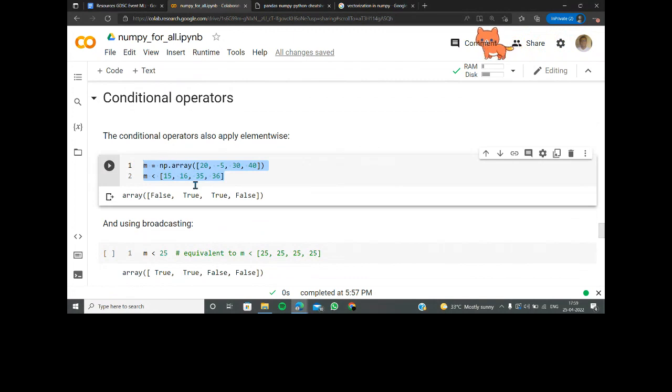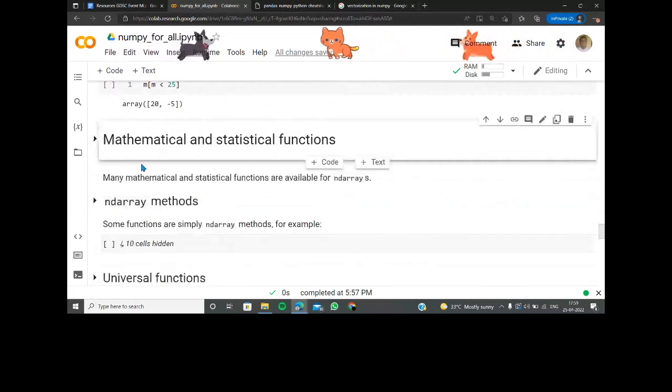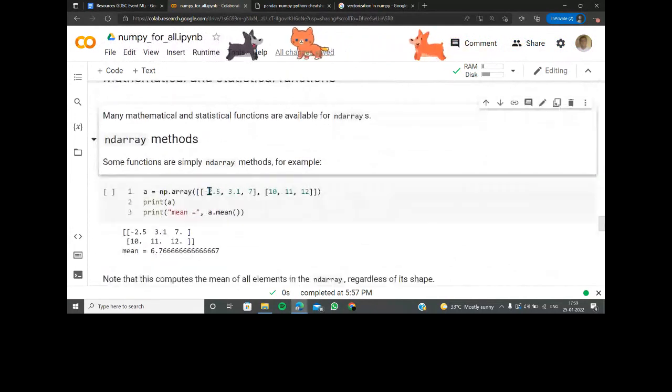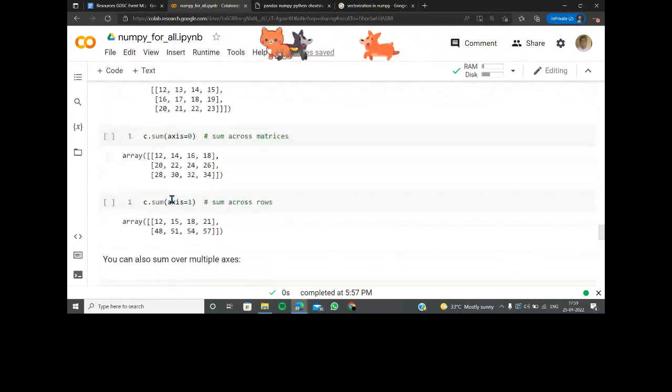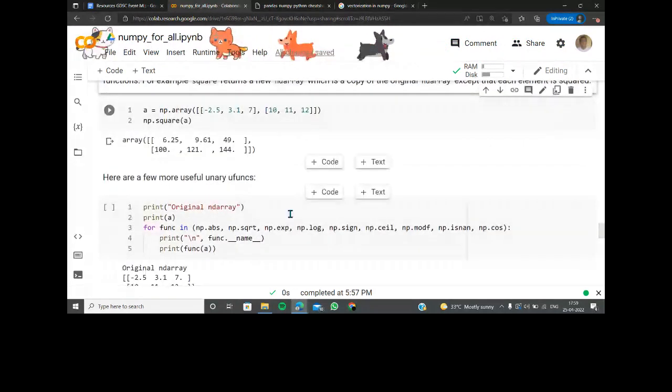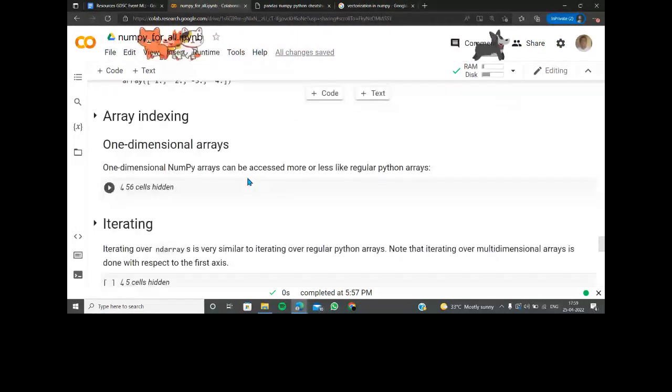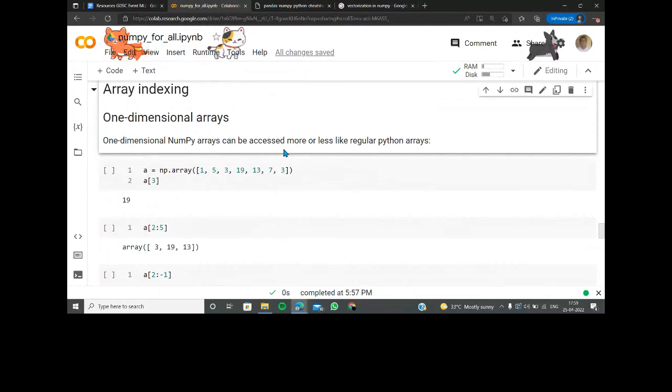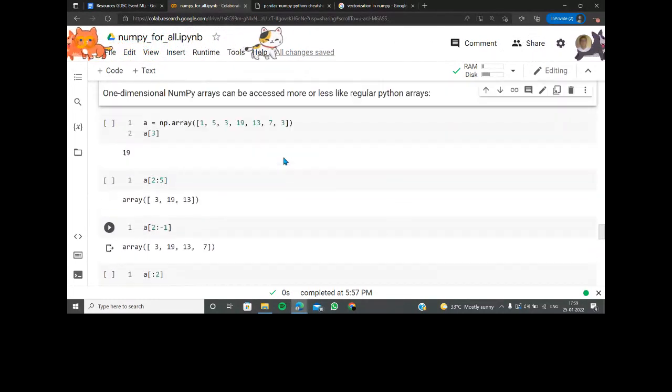So m less than 3, of course the dimensions are now being considered. So if it's greater than 3, less than 3, everything. So conditional operations can also be done properly. There are different mathematical applications and different mathematical formulas that are also considered here. You guys can do that. There are different dimensions that you can consider here, as well as binary functions that you can choose. That is what it's all about.